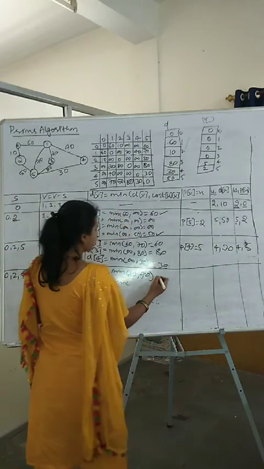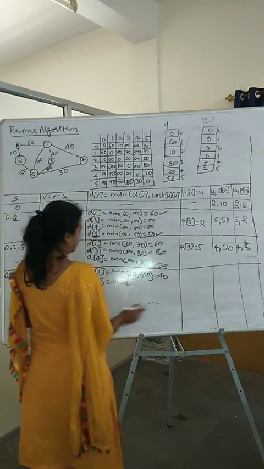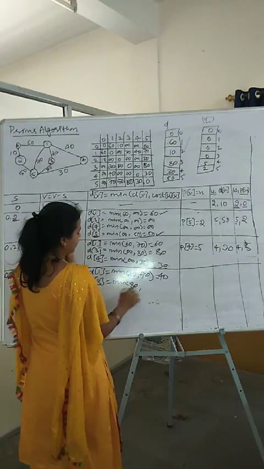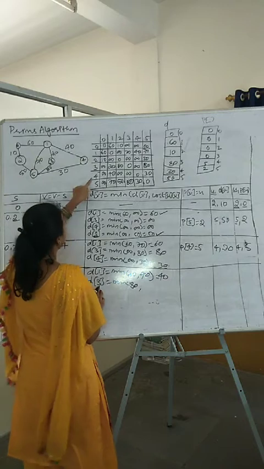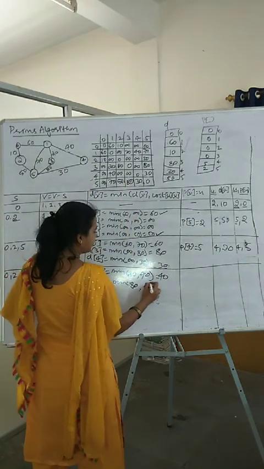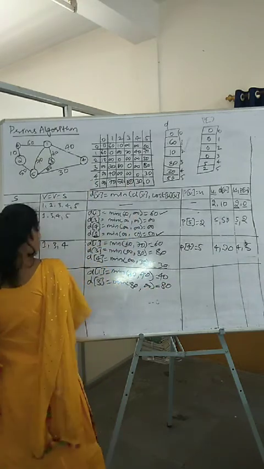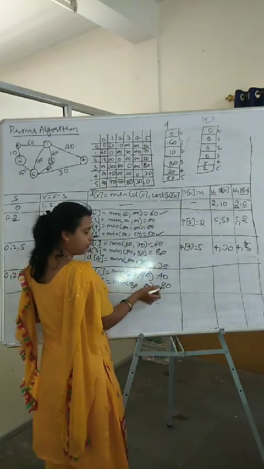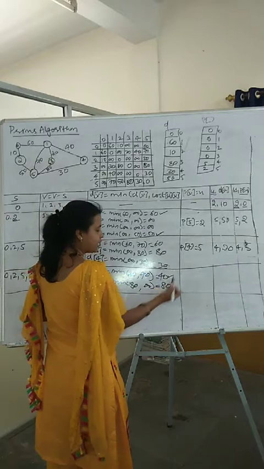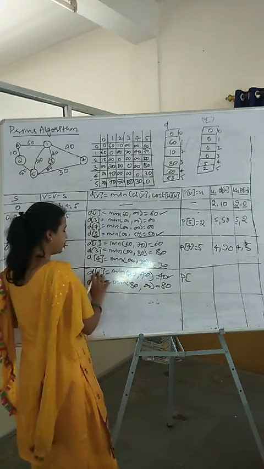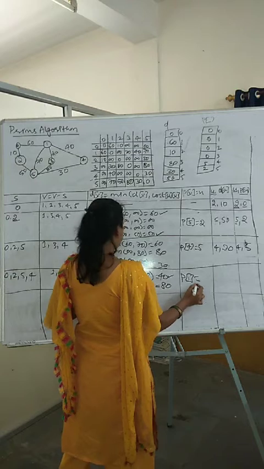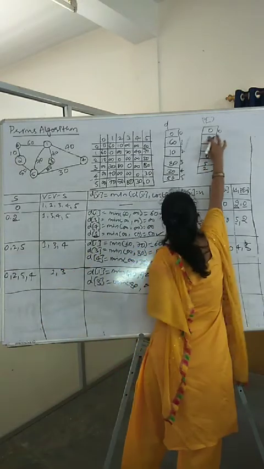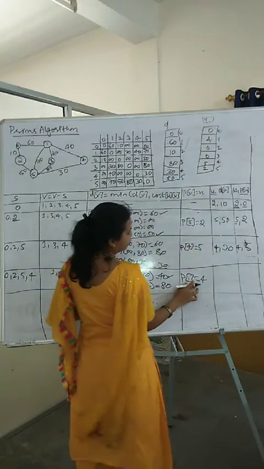Cost of this, minimum is 40. Minimum of d of 3. What is d of 3? We have got 80. Next, cost of u, 4 comma 3. It is infinity. Minimum is 80 here. Both are non-infinity terms. Which is minimum? 40 is minimum. So P of, what is the value of v there? 1. P of 1 is equal to u. What is the u value? It is 4. P of 1 is equal to 4.